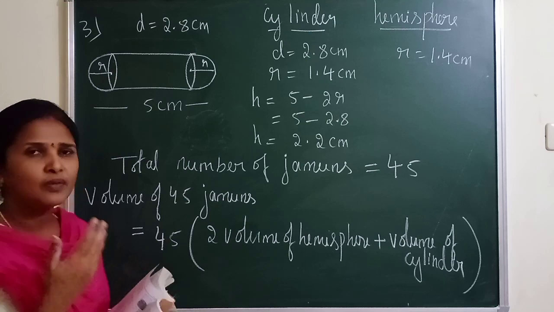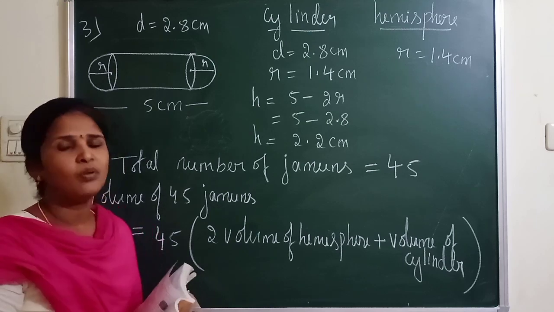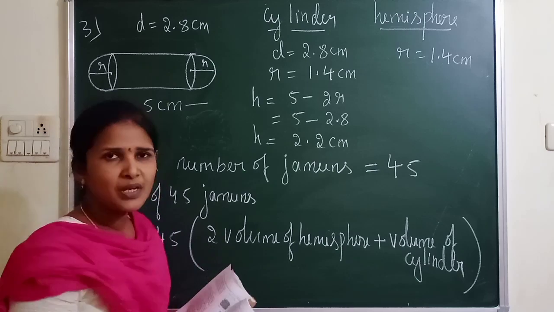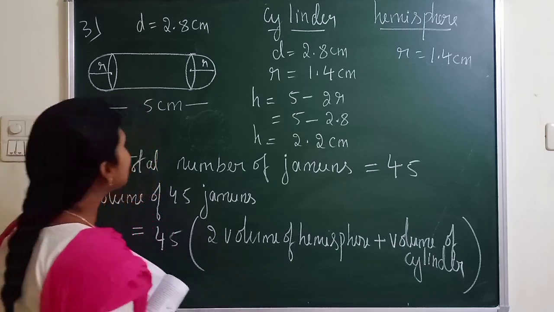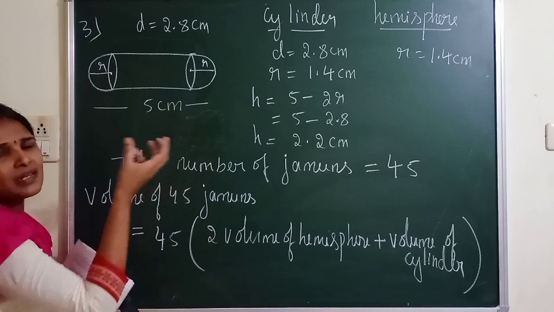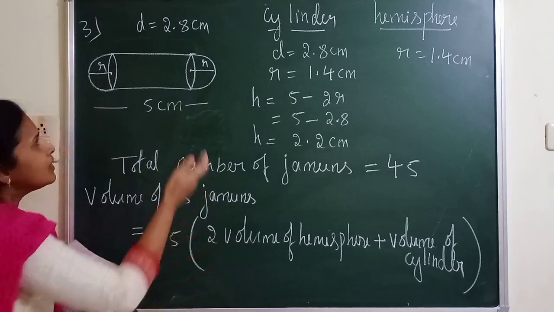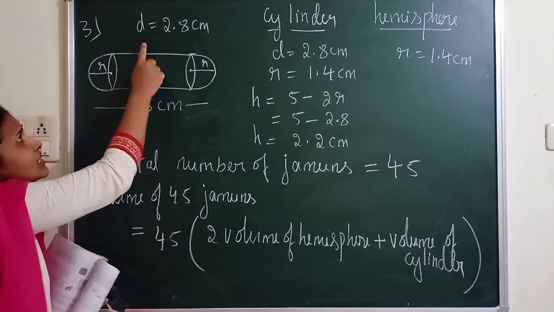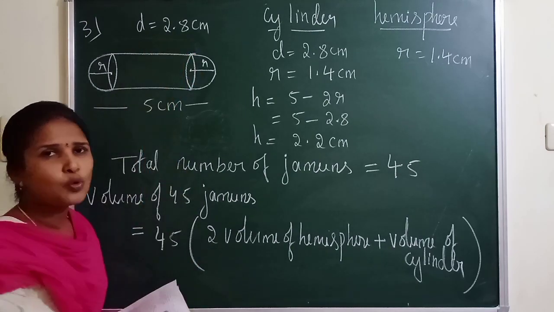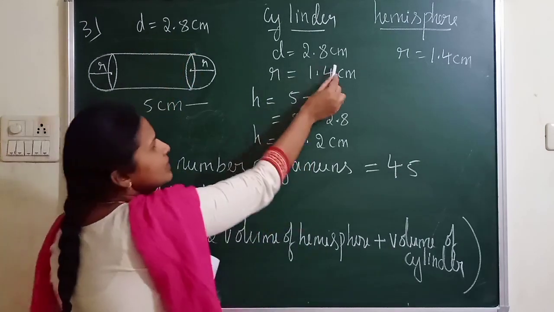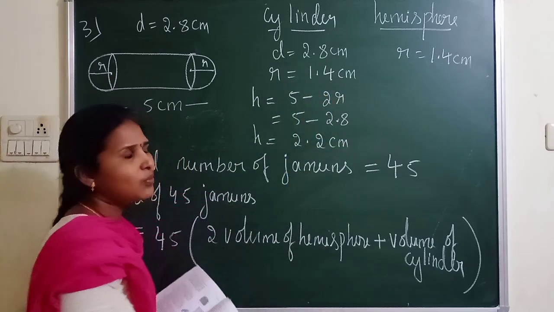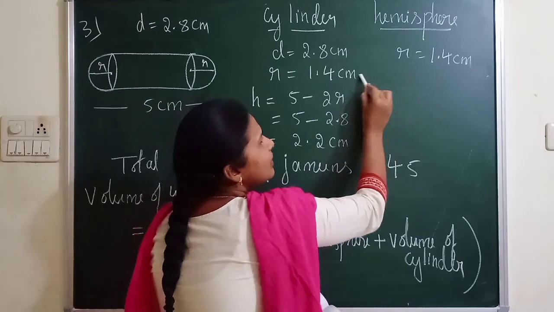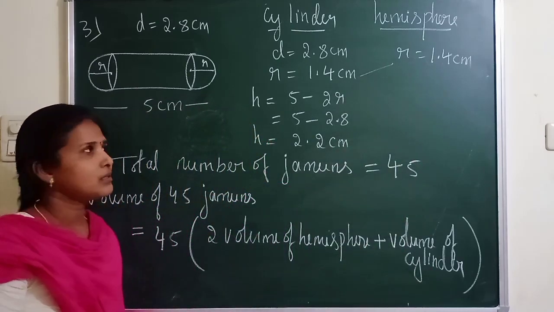So first let us go with the dimensions, whatever we want now. For the cylinder we need R and H, and for the hemisphere we need R. And clearly, as given that both are attached, the radius remains the same. The radius of the hemisphere and the radius of the cylinder remain the same. But he has given the diameter. Diameter is what? 2.8 centimeter. The radius is 1.4, divided by 2, 1.4 centimeter. And the cylinder and hemisphere radius is the same, so write as it is.